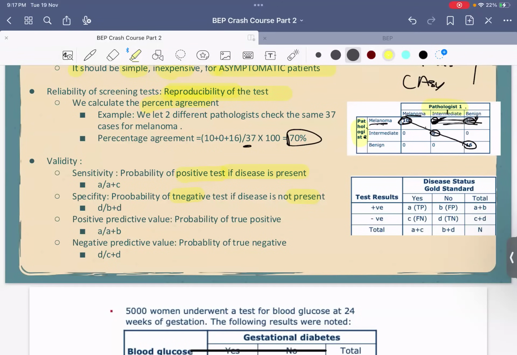Right? And so this is the specificity of the test. Positive predictive value is the probability of a true positive. So it's basically the probability of testing positive and having the disease. Okay. And then negative predictive value is the probability of a true negative, which is the probability of getting a negative test in people who